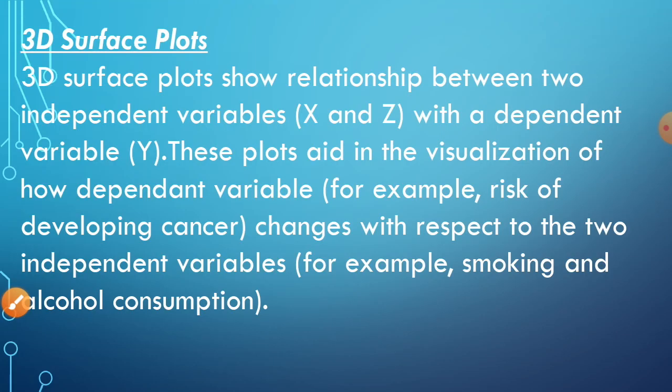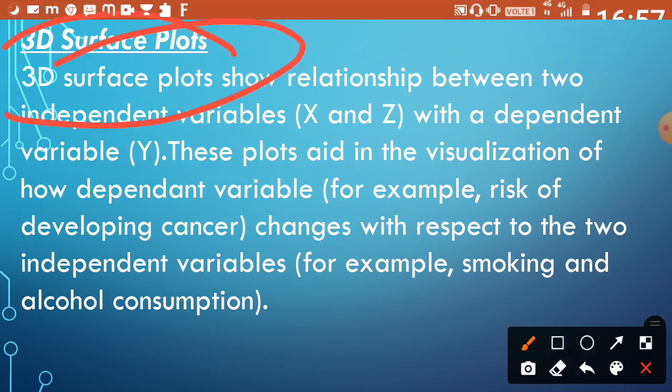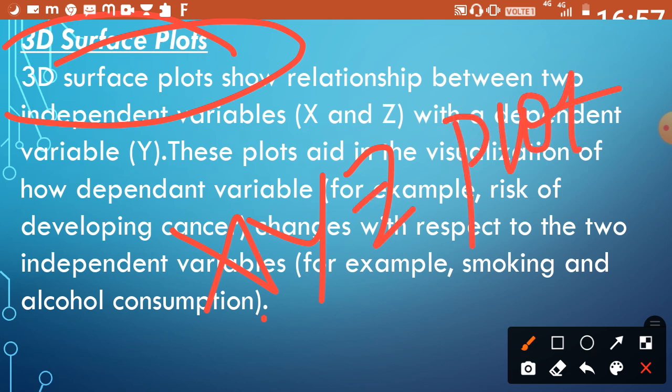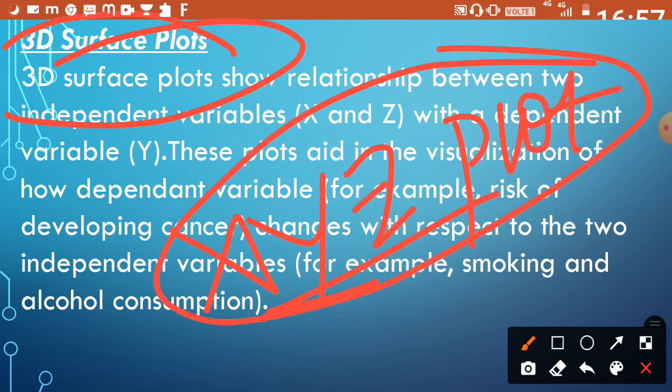Okay, so then comes our 3D surface plots. A 3D surface plot is similar to an XYZ plot. What does a 3D surface plot mean? Here we are showing the correlation between the x, y and z axes in a 3D manner, right? Definitely it can't be done on our notebook, we can't do it on pen and paper, and that's why we take help of some type of software.